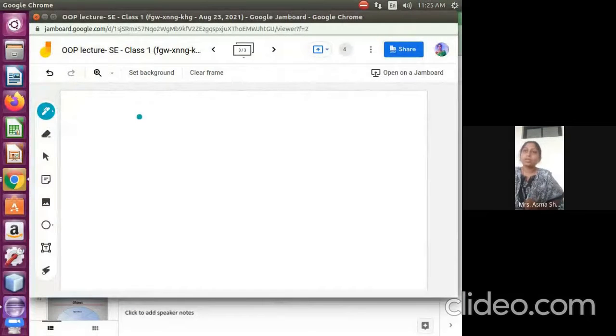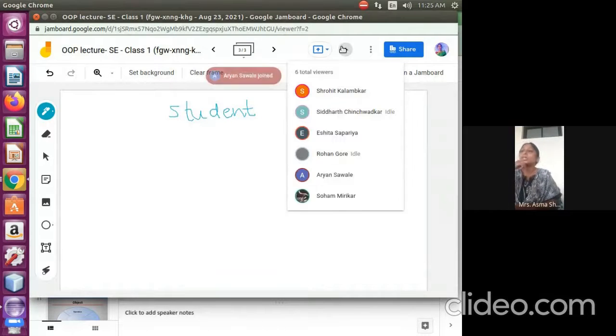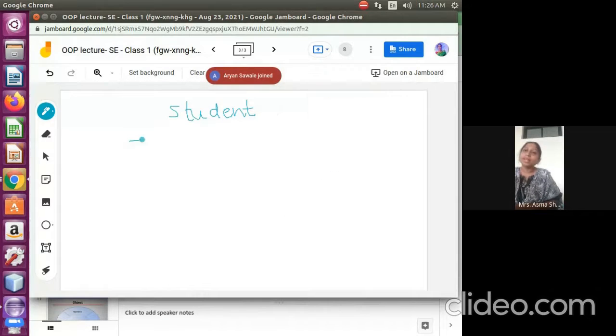Okay, I'm going to write one by one. So first attribute, students. This sheet is shared with you. So you can write the attribute immediately on the sheet. Any attribute you know which represents the student. Rohit, Ishita, you can write the different attributes here.